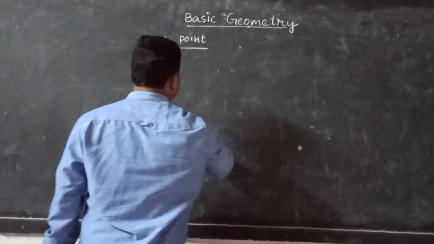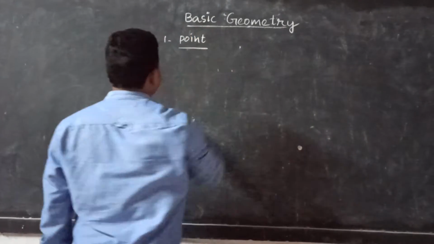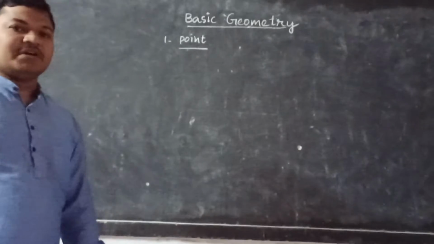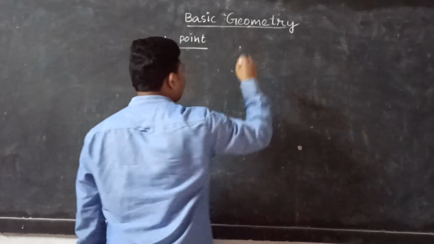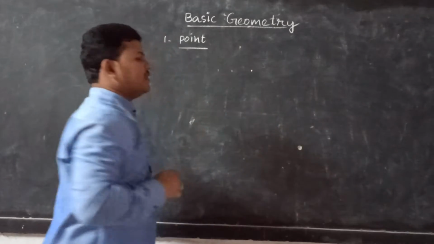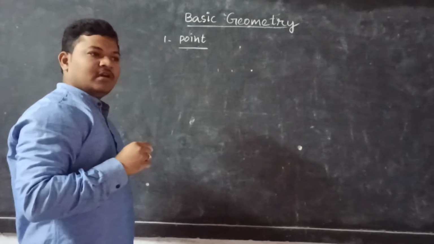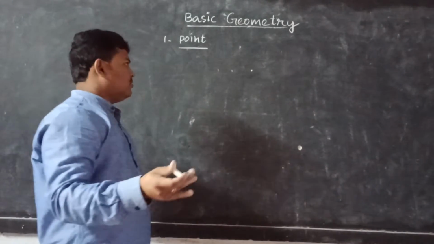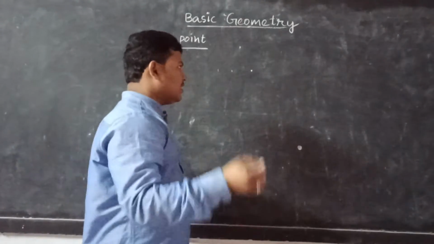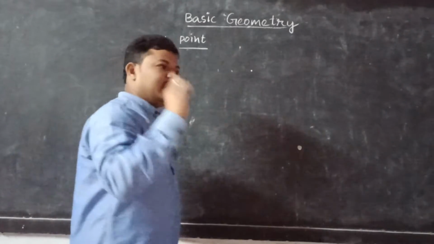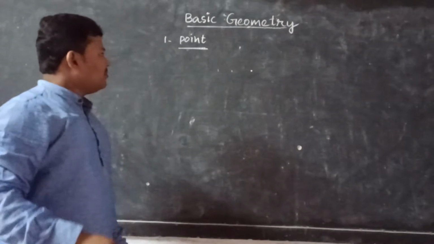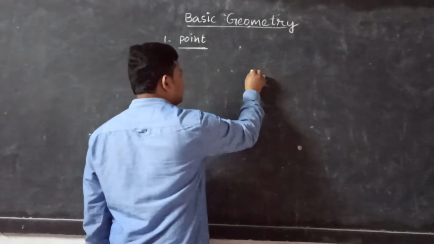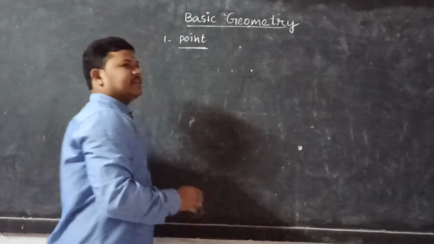What is a point? A point gives us an idea of an exact location. Suppose on this blackboard, if we put a dot by using this piece of chalk, then this dot also represents a point. All of you have pencils, pens, needles. The tip of the needle, the tip of the pencil, the tip of the pen, they also represent a point. So what is a point? A point is just a dot which represents or gives an idea of an exact location.